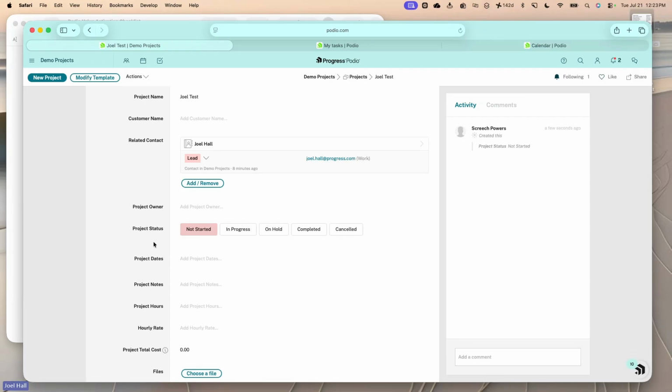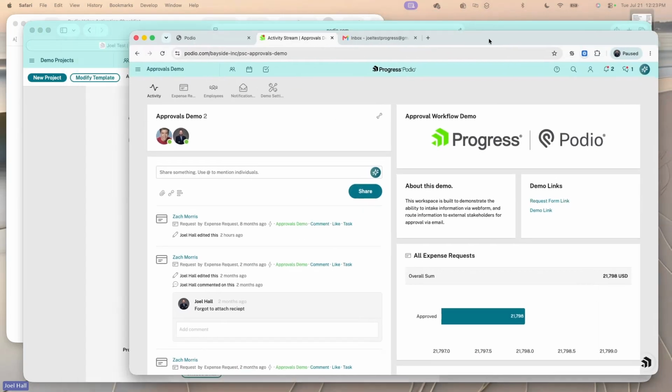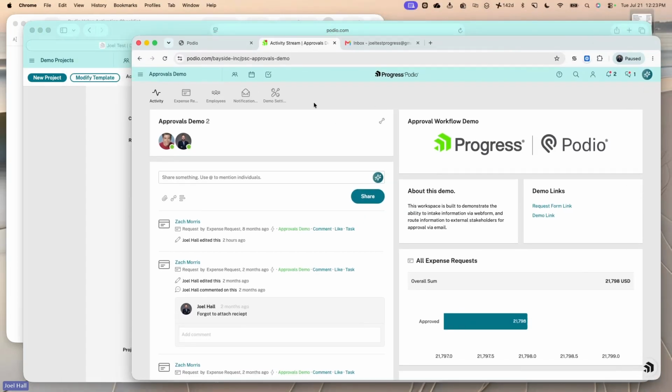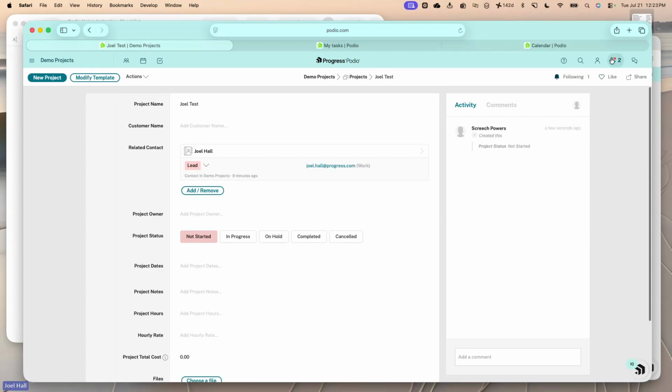Now, there's a number of things that automation obviously allows you to do. Things like update items, leave comments, create tasks. Just to give you an idea, using the advanced workflow engine, I'm not going to go through and build out workflows, but I'll just show you an example. In this example, what we're doing is tracking expense requests. Now, what I didn't show you is each app